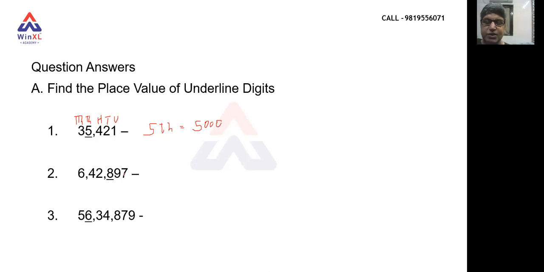Now in this number, we again write unit, 10, and 100. We can write these places up to where we want to go. Here 8 is underlined, so we stop here to write the places, and we write 8 with 2 zeros. That is, 800.